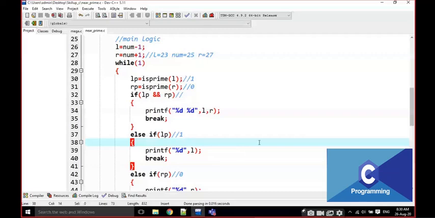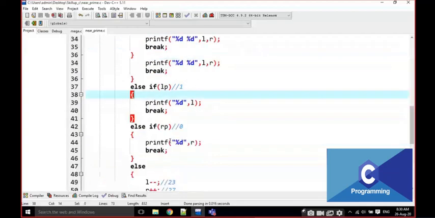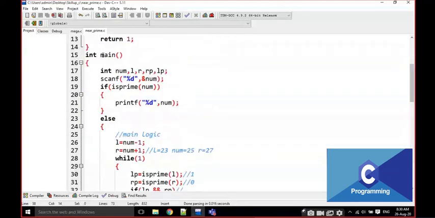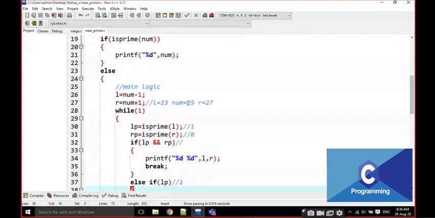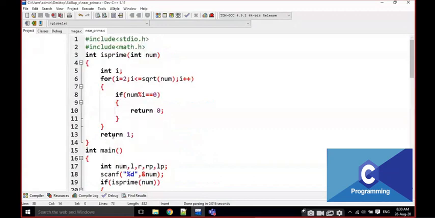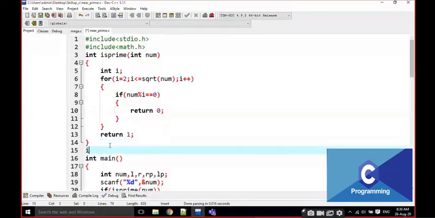We have to write the same thing in the function also. Now I am going to convert the total logic, which we wrote in the main function, into a function, nearest prime. Int nearest_prime.